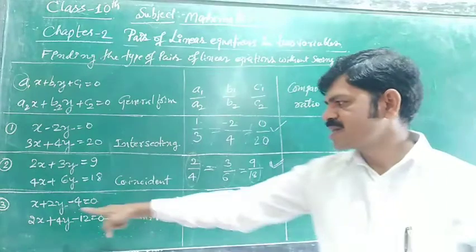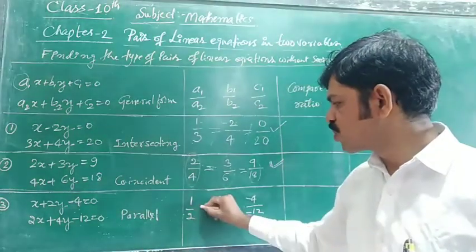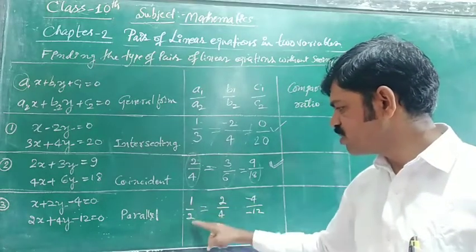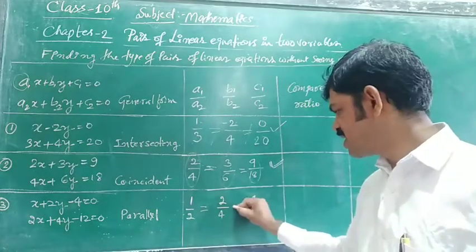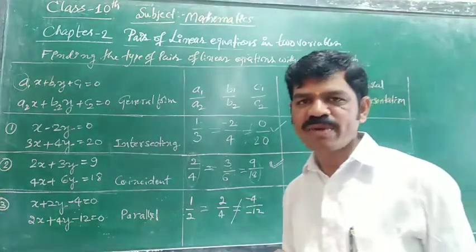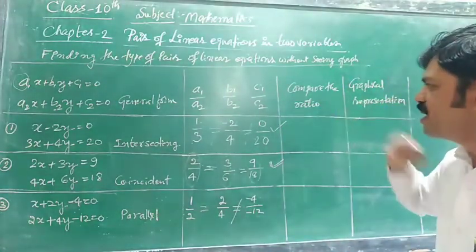And in the third one, parallel: 1 by 2 is equal to 2 by 4, because 2 ones are 2, 2 twos are 4. 1 by 2 will be equal to 1 by 2. And this is not equal to minus 4 by minus 12. See, by comparing the ratios,